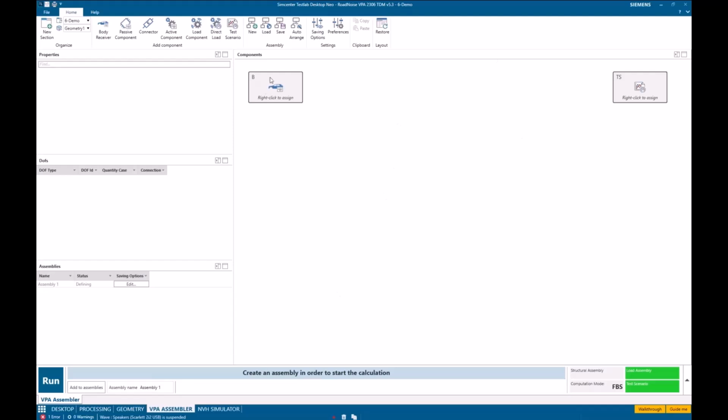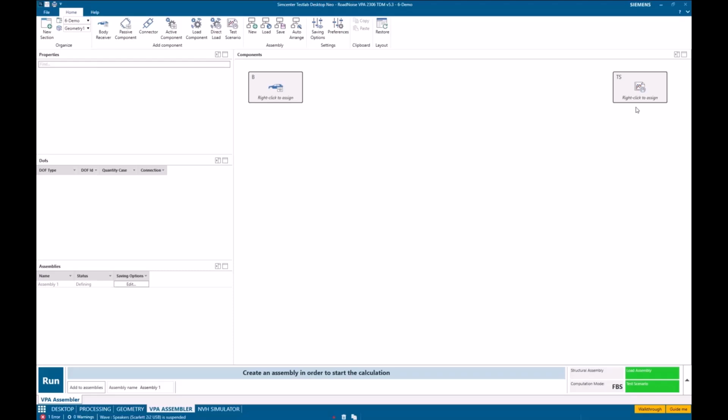What it allows me to do is, you see, I start with this thing we call a body or a receiver. We're using the letter B, short for body, which is typically what we're calling our final receiver, where the human being or our target is. And all the way over here is this TS box, which stands for test scenario. A test scenario is the time evolution of what we're going to put this assembly through. So this could be a speed sweep, a torque sweep, an RPM sweep, vehicle speeds, it doesn't matter. It's just versus time, what's going to be changing and what we want to put this assembly through.